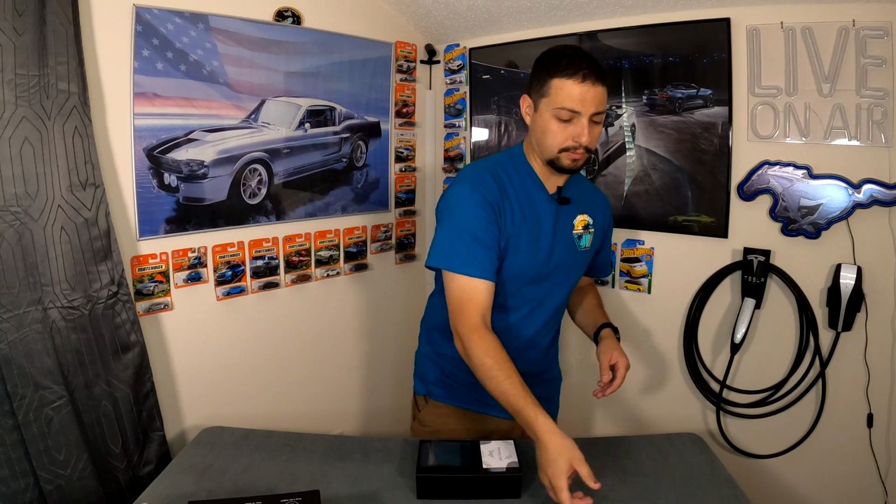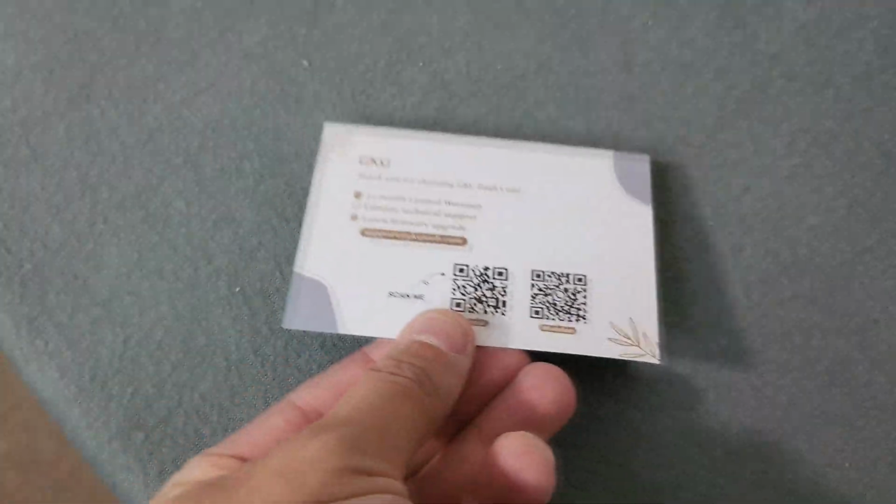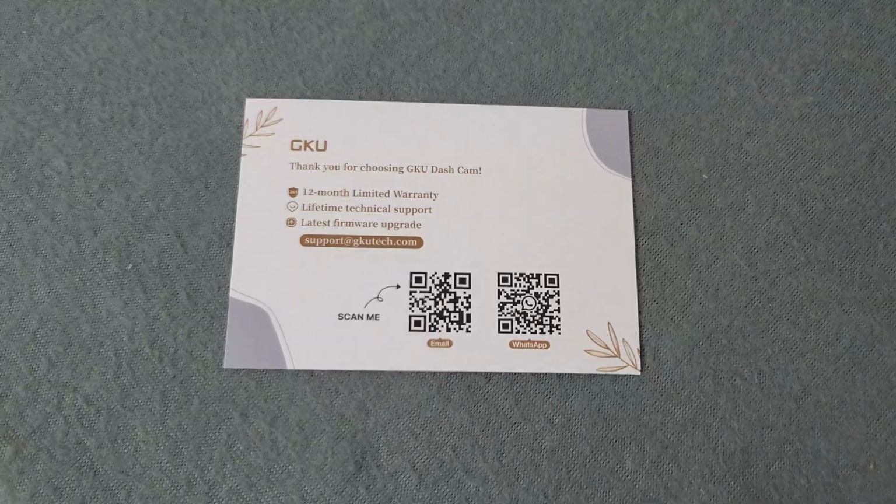Nice to see. I always like to see user manuals that put a little more effort into them, make them look good. People are more likely to use them at that point. We get a warranty card here, a 12-month limited warranty, lifetime technical support, and latest firmware upgrade. So perhaps that is